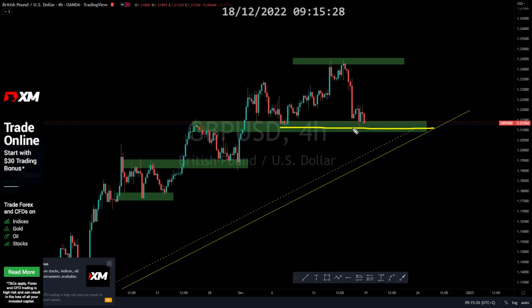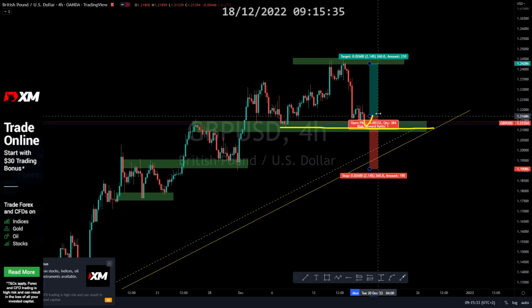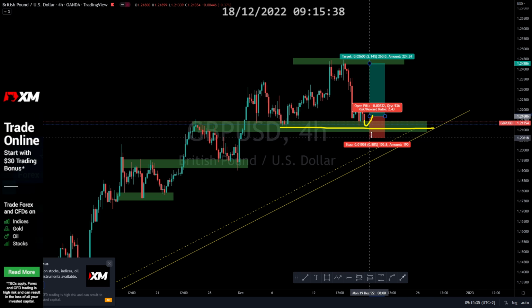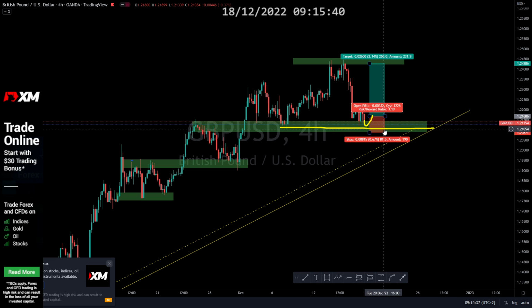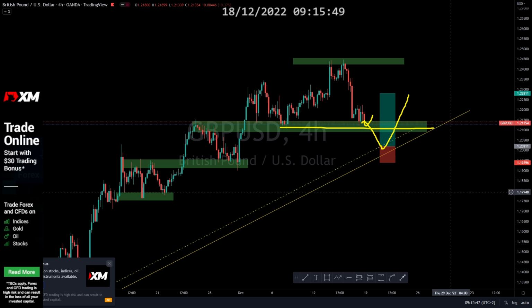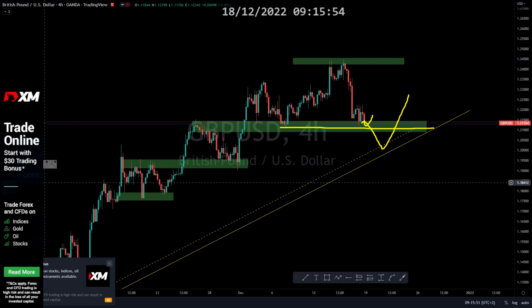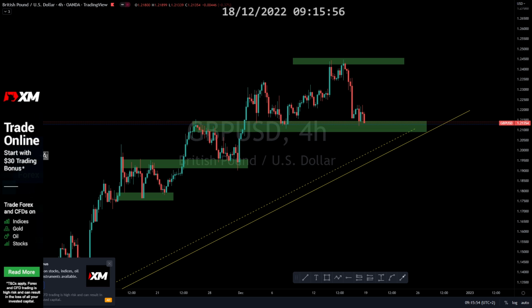So here, I think if it bounces back, we might have something like this. We might have something like that, if the market respects this support. If not, the market can break and push lower. Maybe we might have something like that. Or maybe the market will just break out, then that might be a sell. Something like that. I hope you see that. So let's push to the next one,